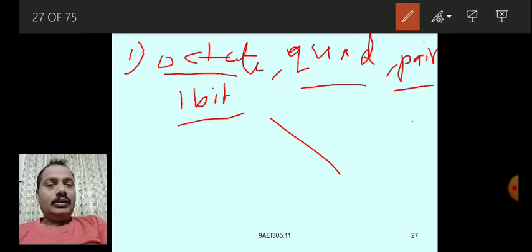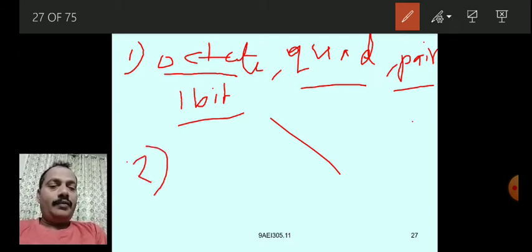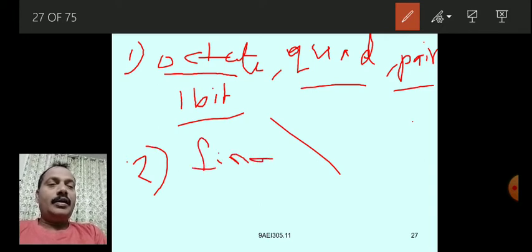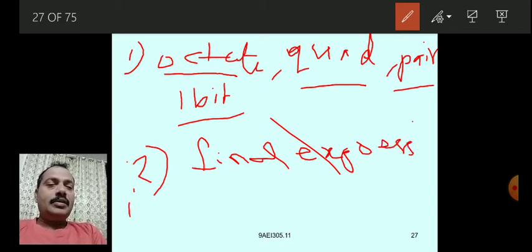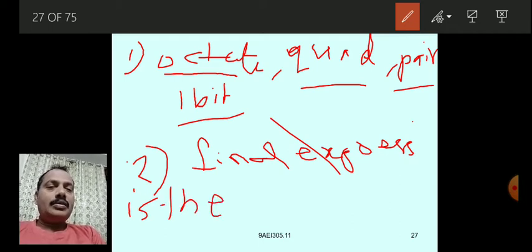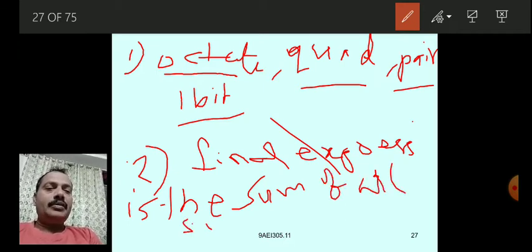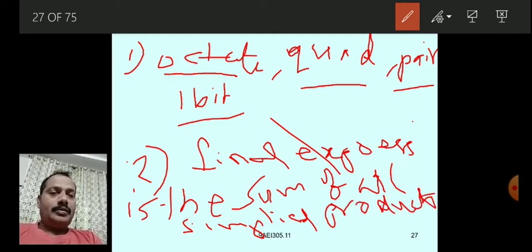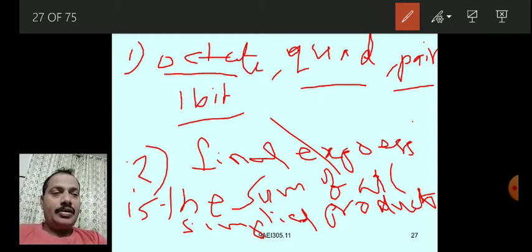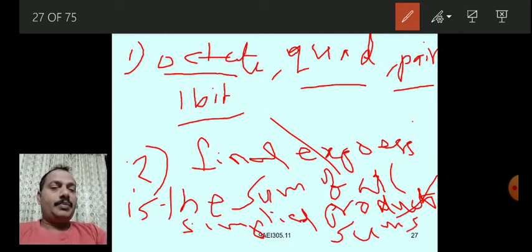We will do a second step. The final expression is the sum of all simplified products, or, in the case of POS, the product of the sums, based upon SOP and POS.